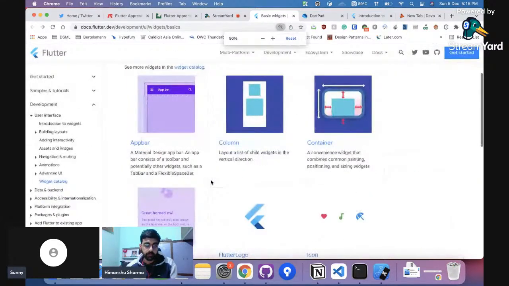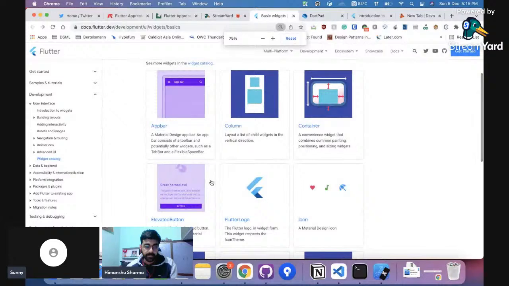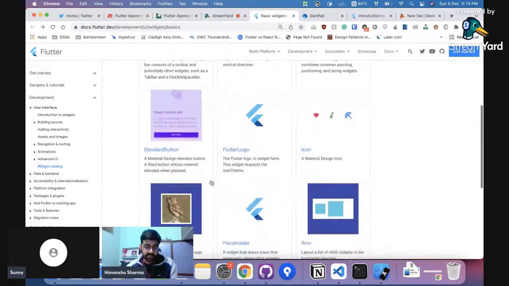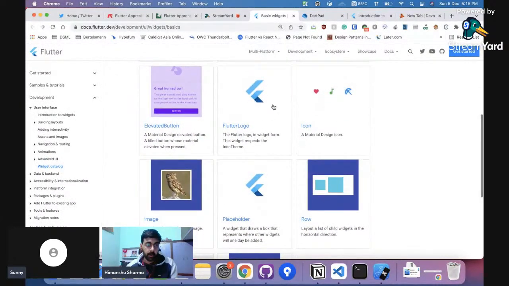So if you scroll down, then you will be seeing something more, which is some buttons. So about buttons, as the name suggests,